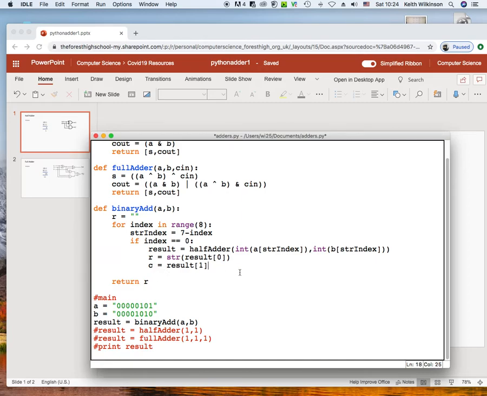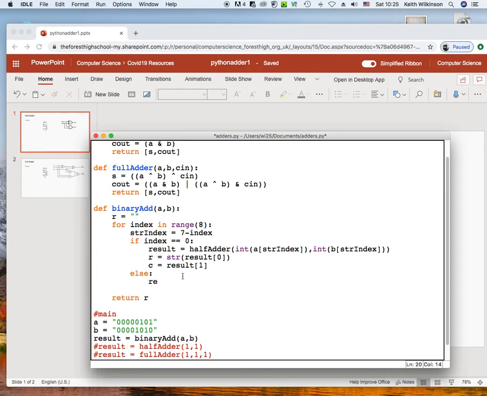Now, if it isn't the first bit that we're dealing with, if we're moving along the bit pattern in columns, then I'm going to need an else. We're going to be doing it 7 times now. So that's the first time for 8 bits, and now I've got 7 more calls to the full adder. I'm going to do exactly the same thing. I'm going to do result equals full adder, and I'm going to call or pass in the parameters. It needs,